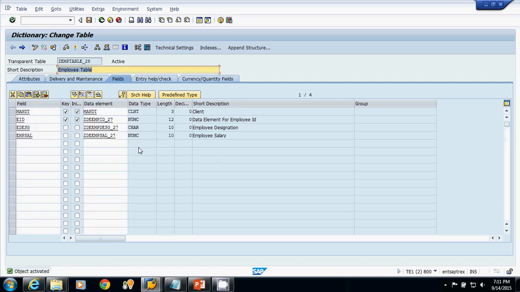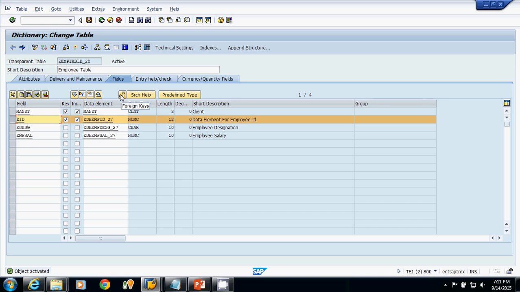See, now what is the difference between value table and check table? In case of check table, you are assigning it at the field level. In case of value table, you are assigning the table into the domain, and you are using that table again at the field level. So check table works at the field level, value table works at the domain level. Check table is also called our foreign key table.